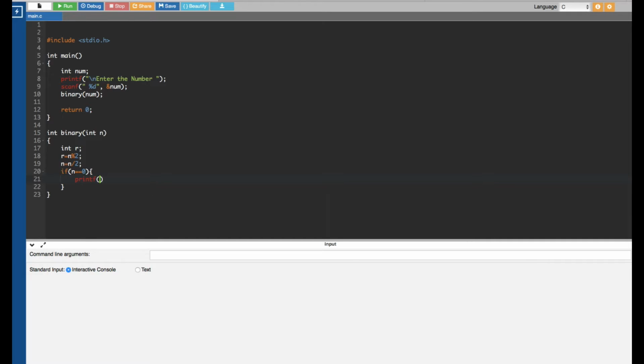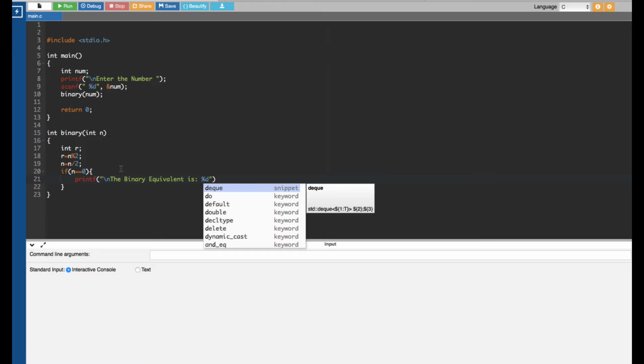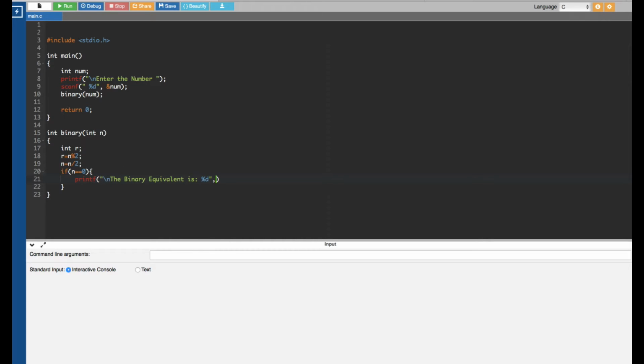To print the r value, let's put \n, the binary equivalent is %d, and whatever the value is in r. Okay, now we are going to return r,